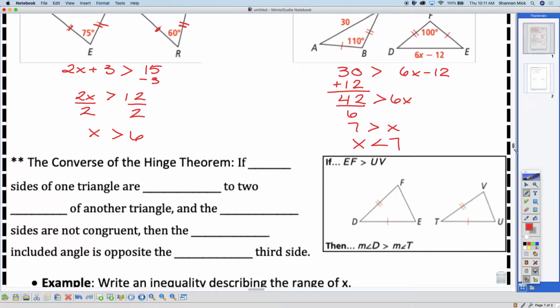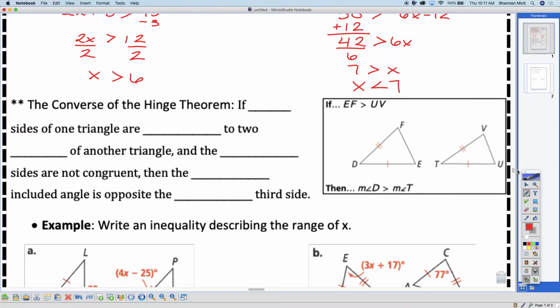Now we've got the converse. Before we talked about the side and all that, right? So now we're going to do the same thing. So we have: if two sides of one triangle are congruent to two sides of another triangle, and the third side is not congruent, then the larger